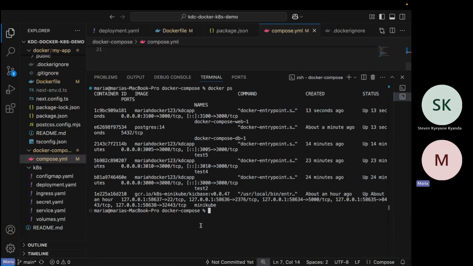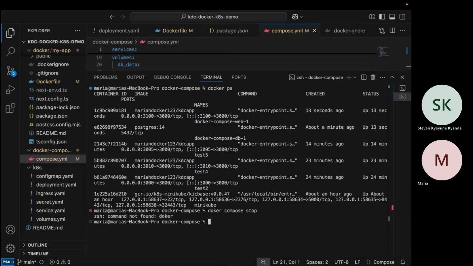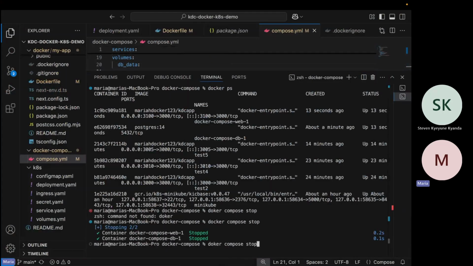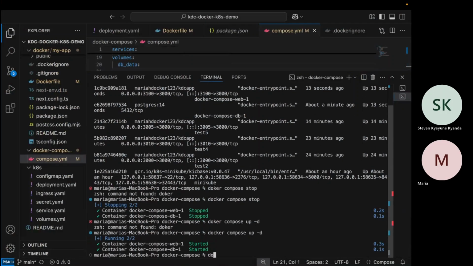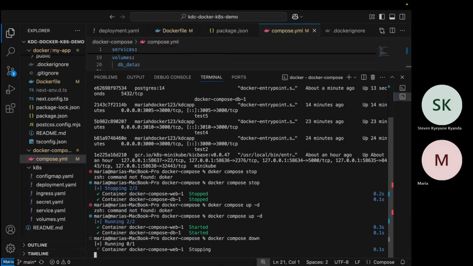Then that's it. So after Docker Compose app, you can destroy them together by running Docker Compose down. You can stop them first if you want. Or you can run them, Docker Compose app. Then you can destroy them, Docker Compose down.